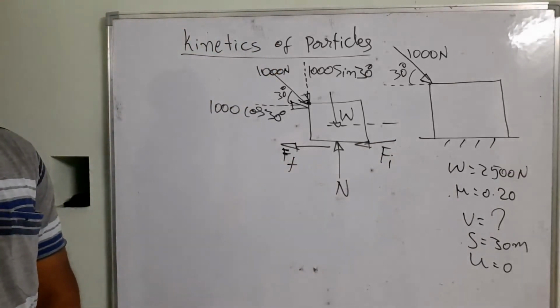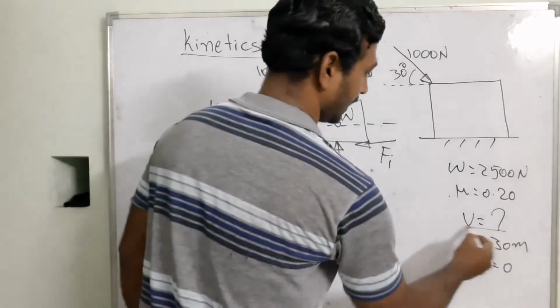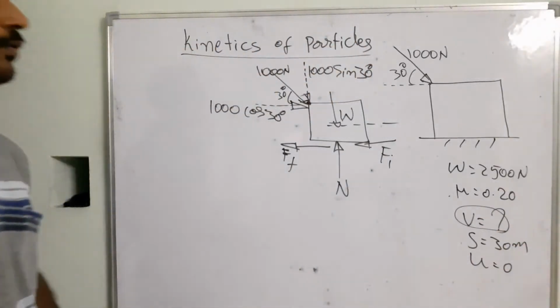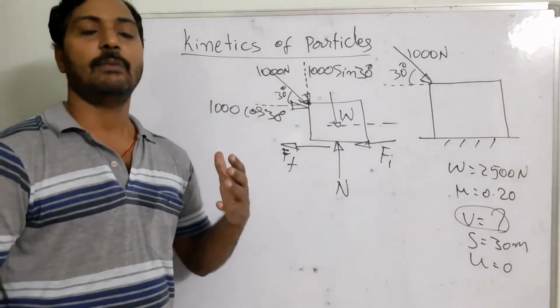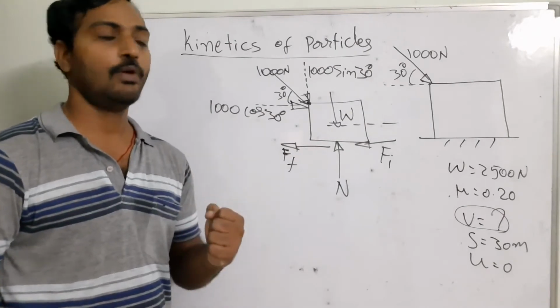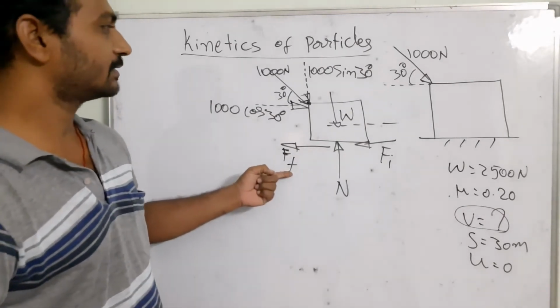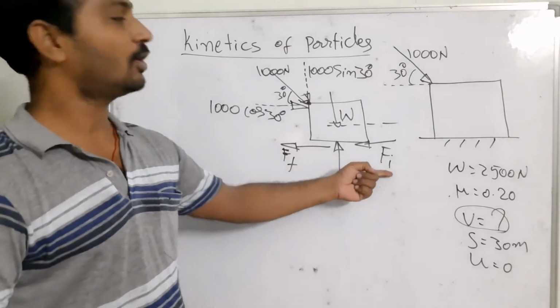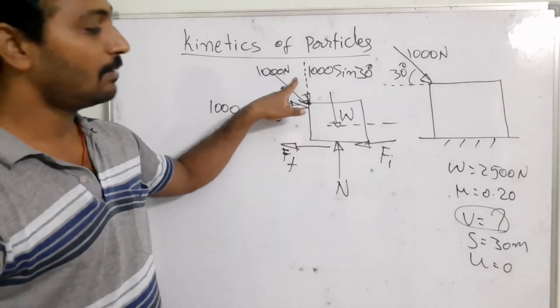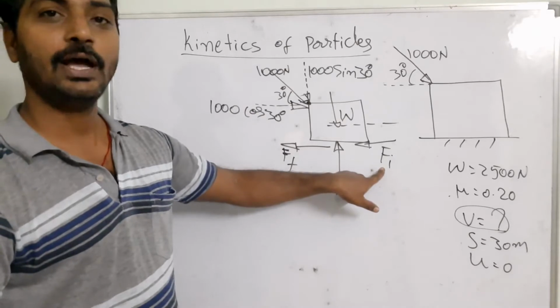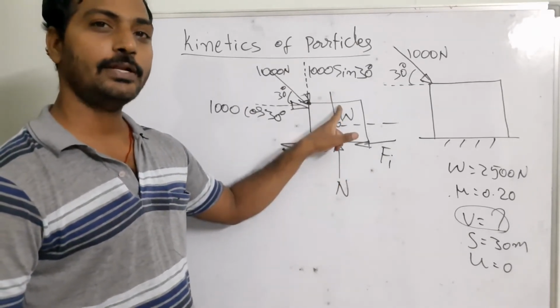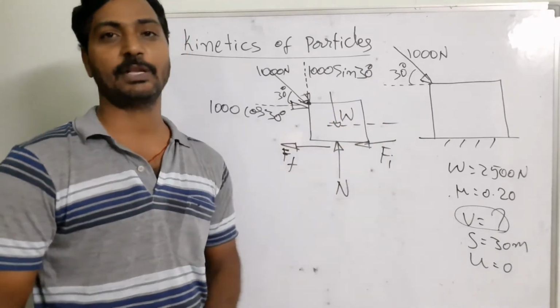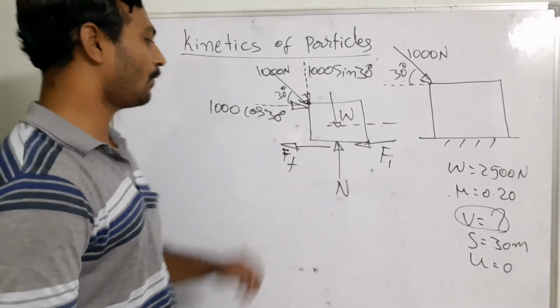Now from this, we need to find the velocity of this object. So how can you find the velocity of the object? We are going to resolve these forces, that means by applying the equations of equilibrium, we are going to find the frictional force as well as the inertia force, because in this case the applied forces we know, but we have to find the inertia force. From this, I can calculate the acceleration, and then I can substitute it into the respective kinematics equations. So how am I going to do it?